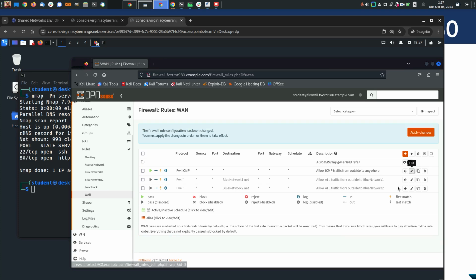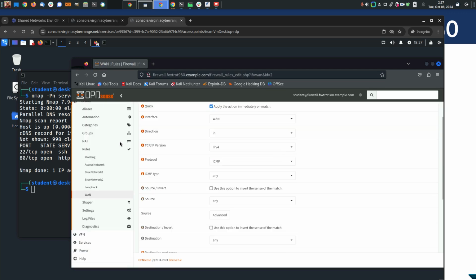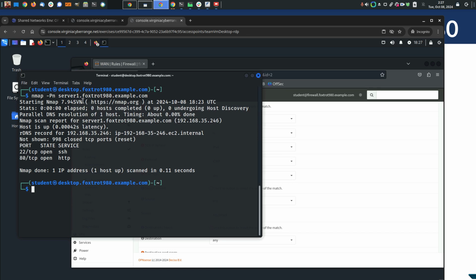All right. And this is just going to open up ICMP, or restrict ICMP down to my one server. Now my one server is